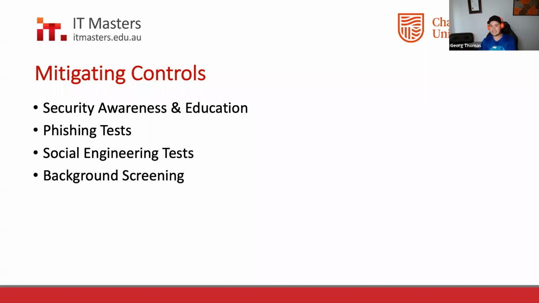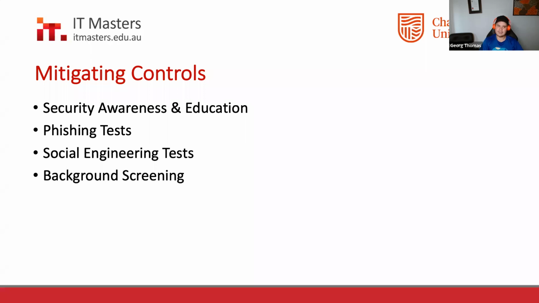buildings and things like that, to see if they can tailgate people in. There's all sorts of different types of social engineering tests, or convincing people to plug things in. These are usually part of either the security awareness training platforms or engaging consultants or whoever to do external testing or social engineering testing. And the other key control in terms of personnel security that's becoming more and more prevalent,